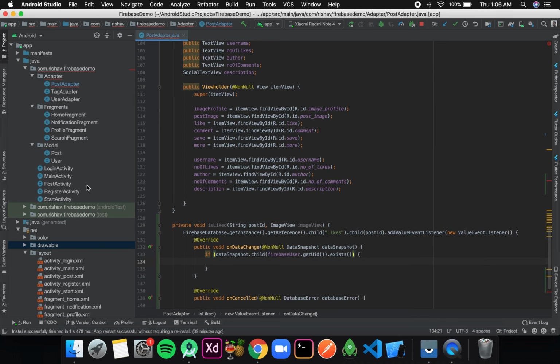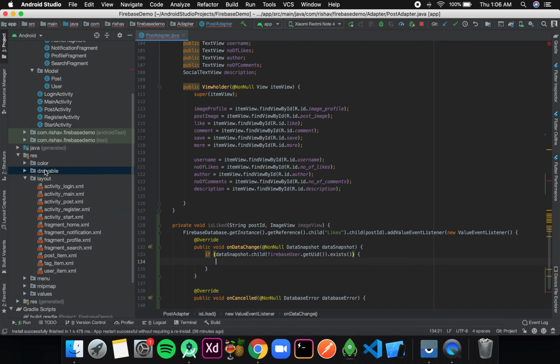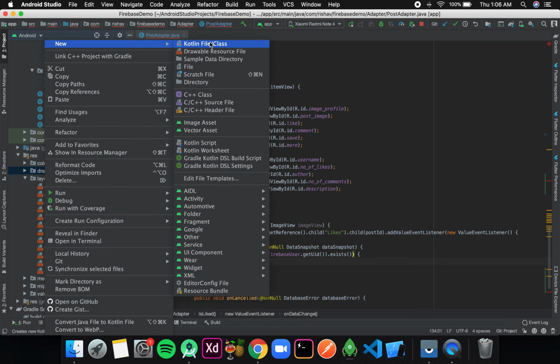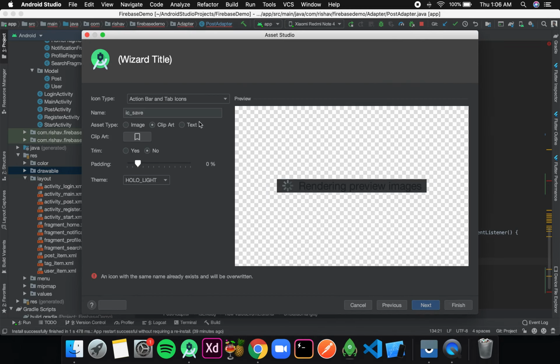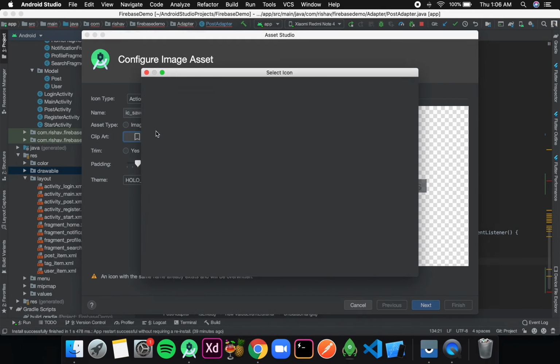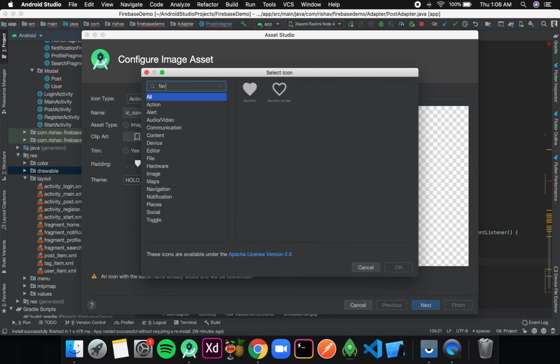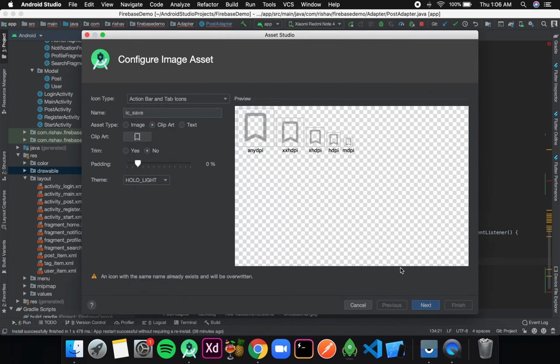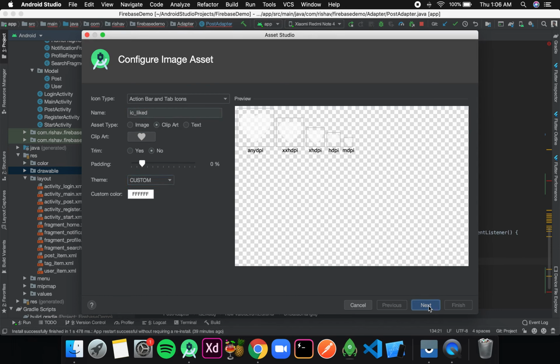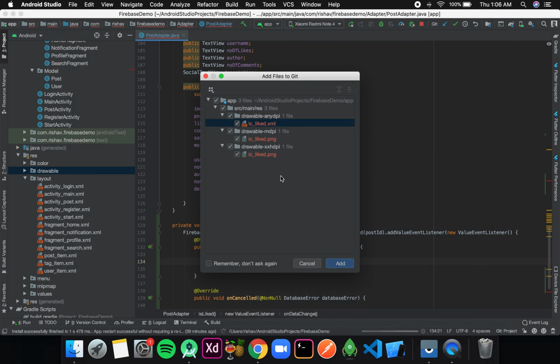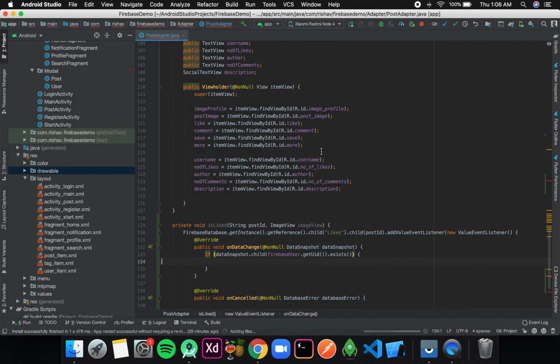So I need to add a red color heart in my drawable, and we can get that from our image assets. Over here I'll look for favorite, and I'll name it as liked, and for now give the color as custom, and then we will change it to red color.